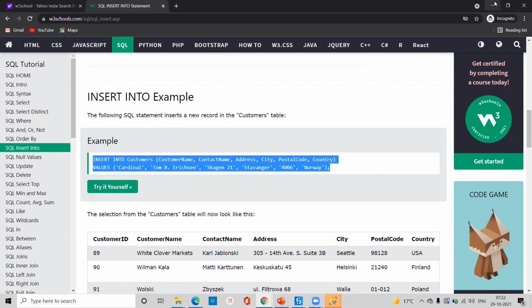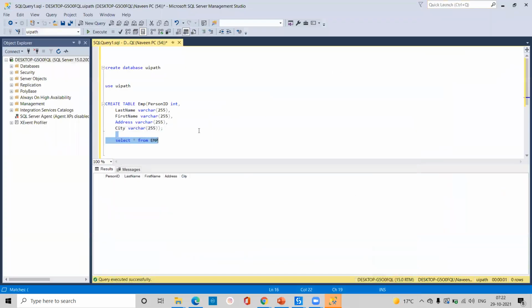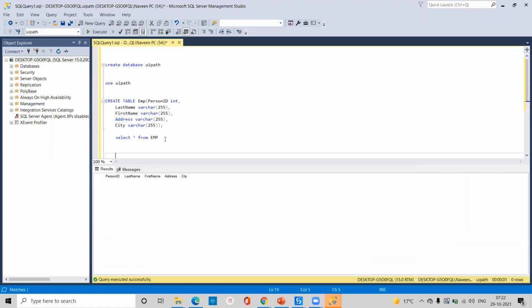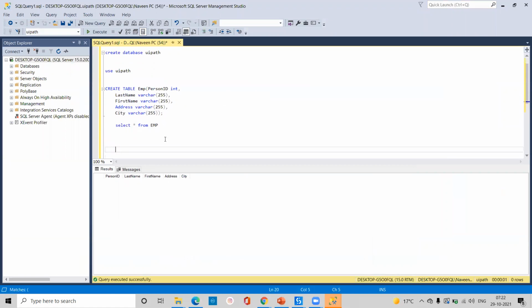Let me go here and let me paste these things. INSERT INTO first, we'll pass here the EMP table. Okay. So here we'll pass the PersonID int.